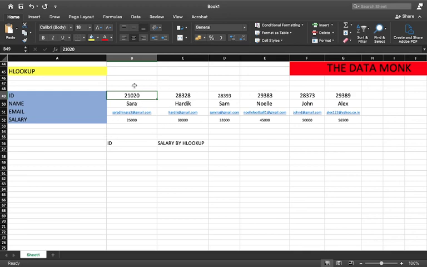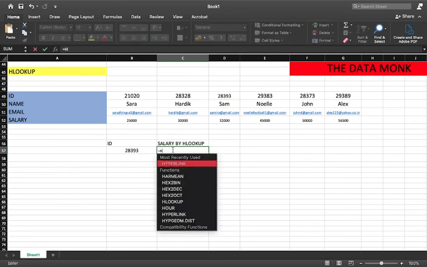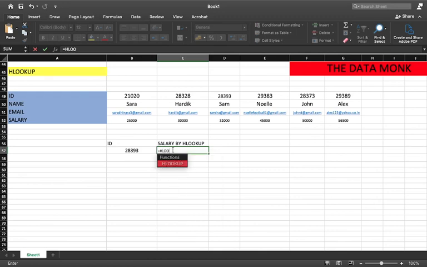So let us try finding the salary from this horizontal table. Say we are looking for the ID 28393. This is the salary that we have, and this is the ID that we have, and we need to look up the salary. As this is a horizontal table, we will be using the HLOOKUP function here. So I'll write HLOOKUP.